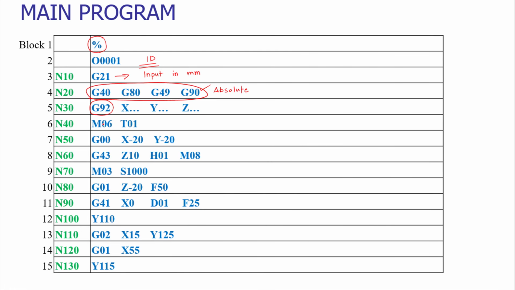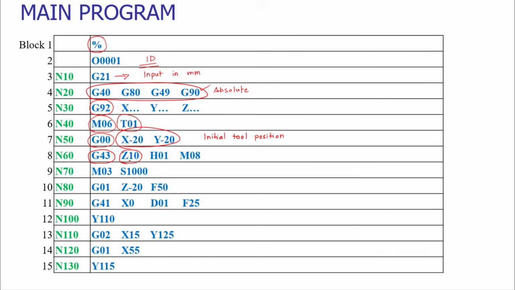Then we have to set the program zero by using G92. We are selecting tool T01. We are changing the tool by using M06 with the existing tool in the tool spindle. Then we are coming to the initial tool position, but we are at a significant distance from the top surface of the tool plate. So we have not yet reached proximity to the tool plate. In the XY direction, away from the tool plate, we have reached the initial tool position, that is X minus 20, Y minus 20. Then the tool length compensation,